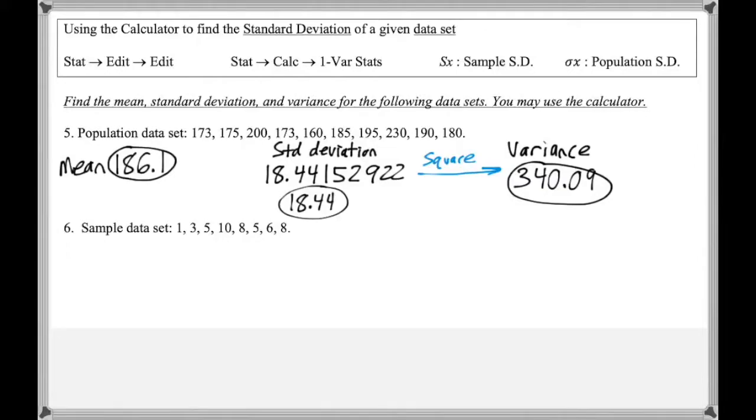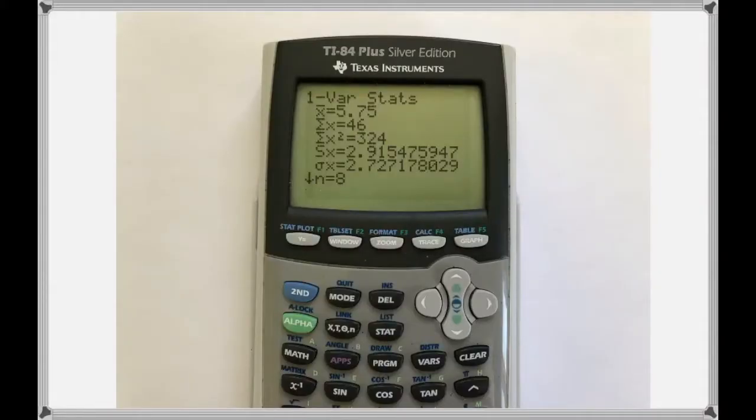On question 6, we are given a sample data set, which means when we calculate the 1-var stats, we want to select the S for the standard deviation instead of the lowercase sigma. So I've calculated my 1-var stats. My mean is 5.75, and for my standard deviation, I'm selecting the S, and I do want to copy the